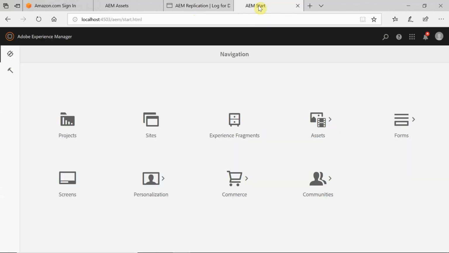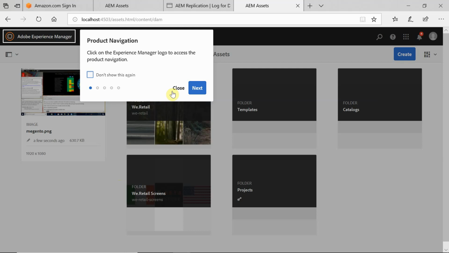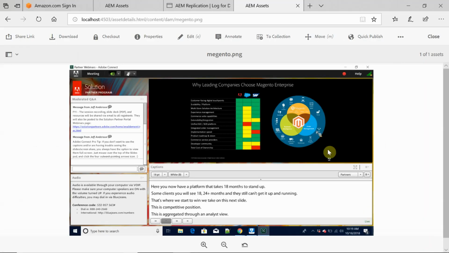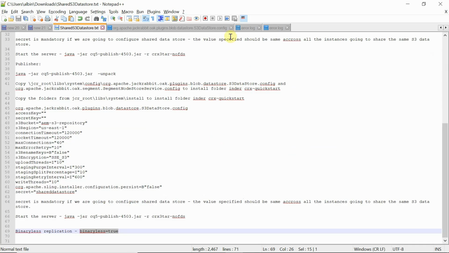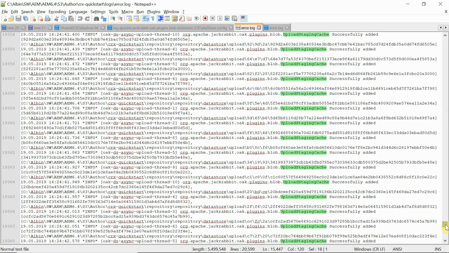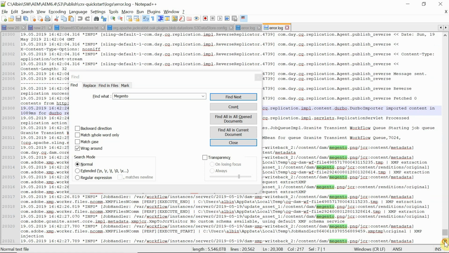If I go here now, to assets on the publisher instance, go to files. Yeah, I see this image is here. Let me open this. Yeah, I'm able to open this image. If you look at the log files, you can see that particular image is considered there also.